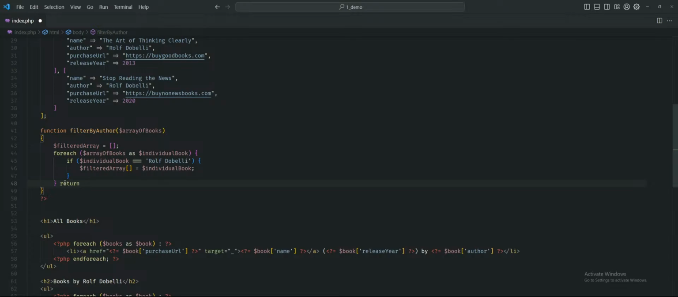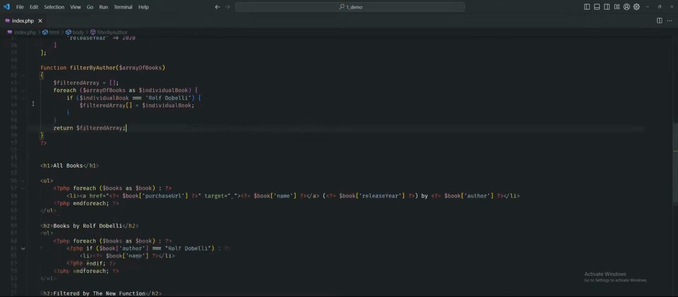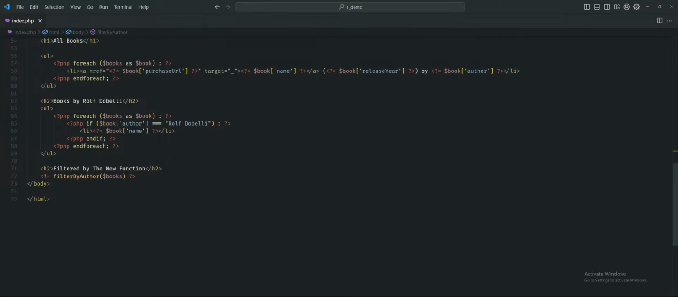Return filtered array. I hope that's clearer. And I of course have to put the semicolon as well. So we have a filtered array over here, and I would probably need to do this. Enter PHP mode, just like it did over here. I'll just copy that. I'll paste it. But foreach filtered array,